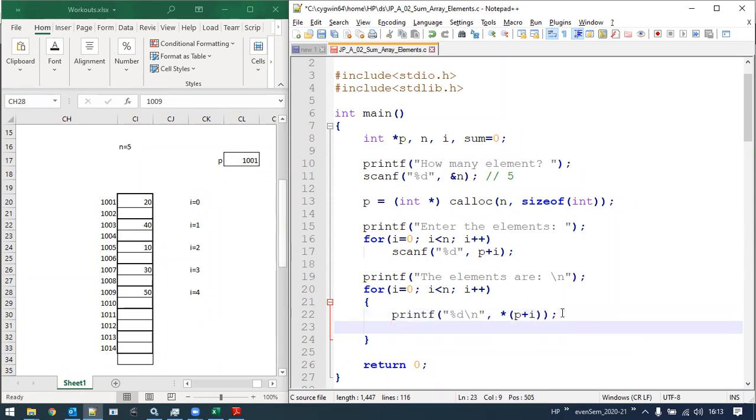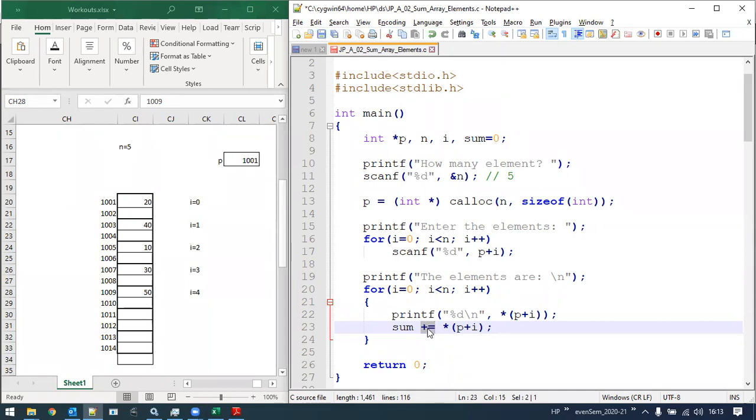Now, along with this one, we will calculate the sum. So sum equals what? Sum plus the corresponding element. The corresponding element I can get with asterisk again P plus I. Now, students, I hope you remember, this is what type of operation?